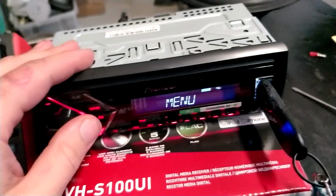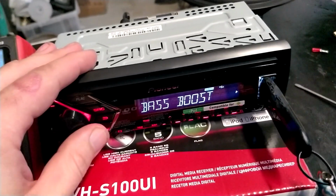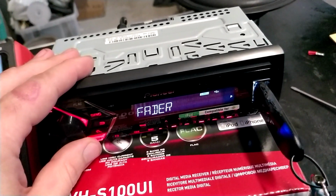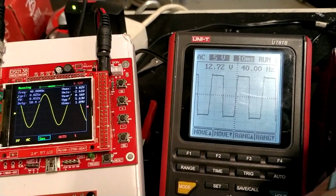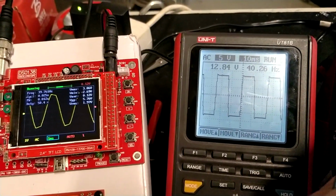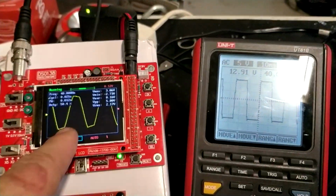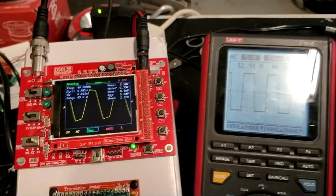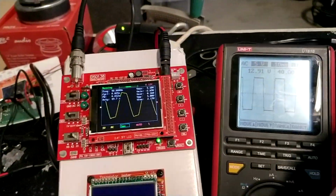So now let's check out what kind of effect this bass boost and this kind of stuff has on the audio side here. If we put, where's the loudness? Loudness low, loudness medium, loudness high. As you can see, it affects both. So the RCA also goes into distortion, and if we lower the volume here when we have loudness high,